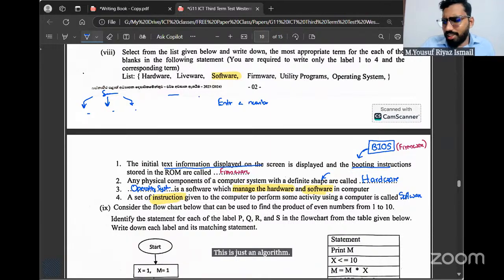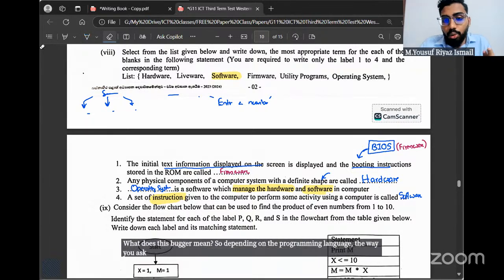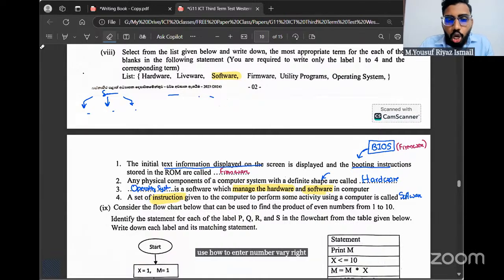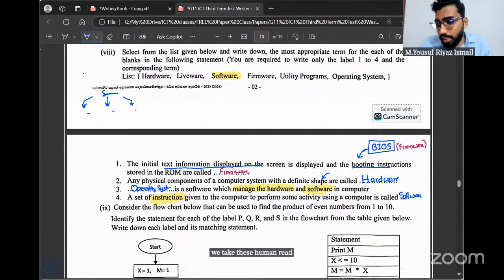Okay, algorithm is basic instruction. Now, if I go and tell a computer this, enter a number, it will be confused. What does this mean? Depending on the programming language, the way you ask a user to enter a number will vary, right? So normally, when you're developing a program, we take these human readable instructions, which is the algorithm, and we convert them into computer understandable instructions.